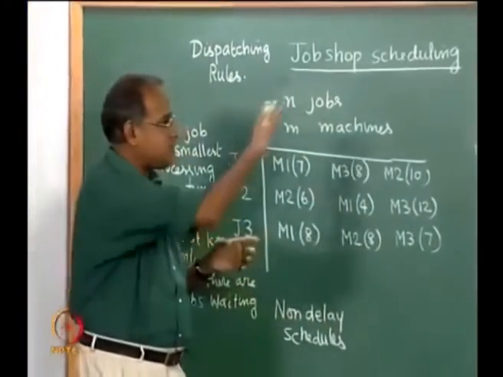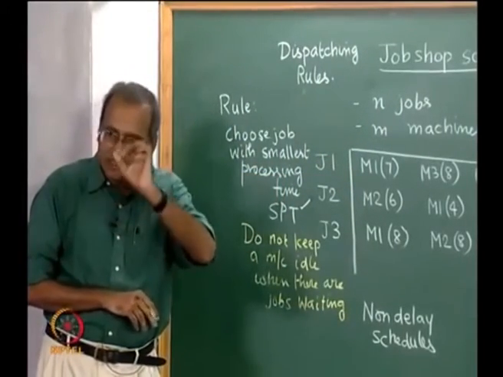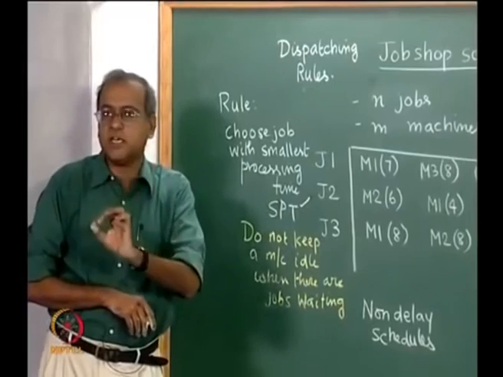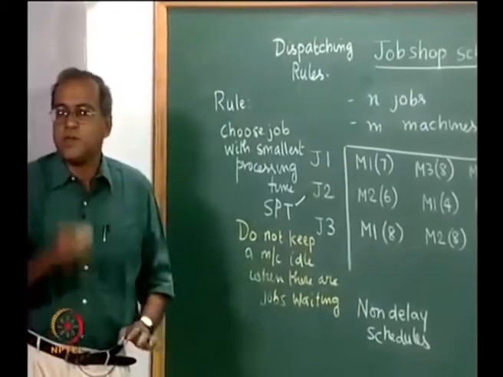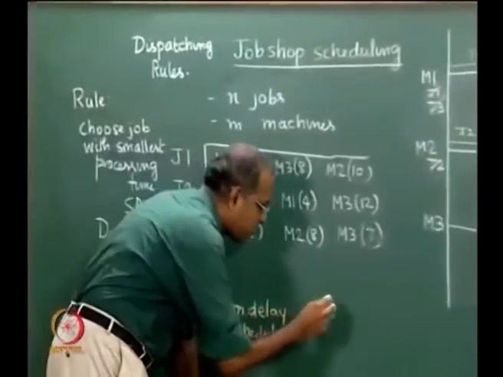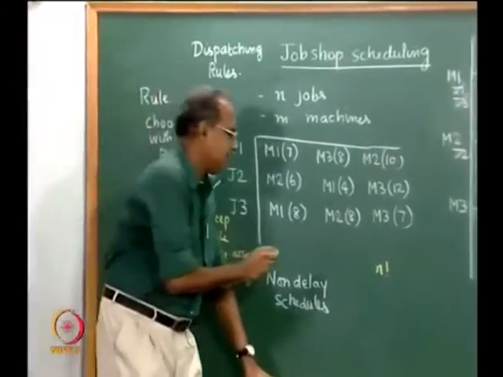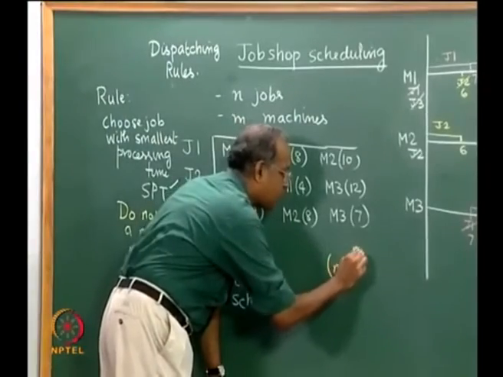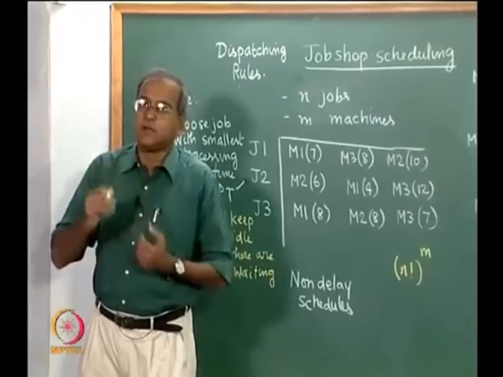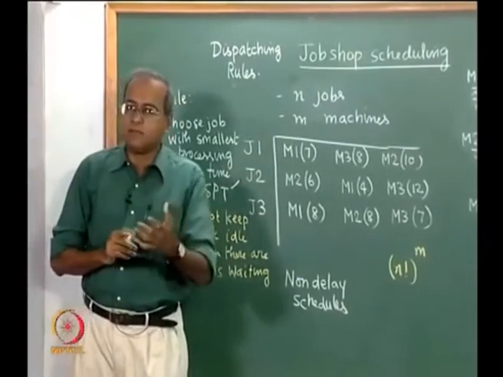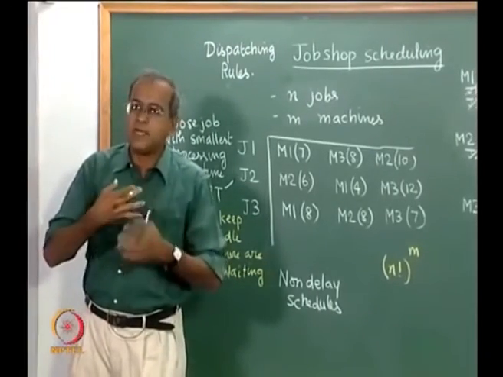If we look at this particular example, there were 3 machines and each machine has all the 3 jobs visiting. So, if all the n jobs visit every machine, then for each machine the n jobs can be arranged in n factorial ways, and since there are m machines, we can have a total of n factorial to the power m possible alternative schedules. So, n factorial to the power m is a very large number, and job shop scheduling problems are known to be very hard problems.